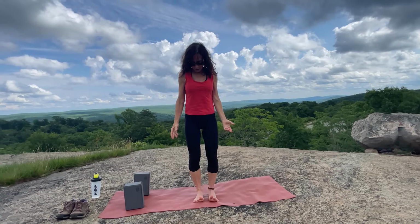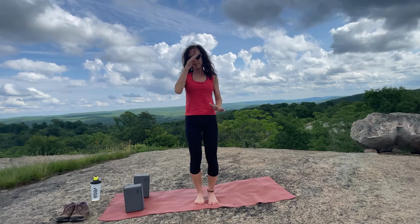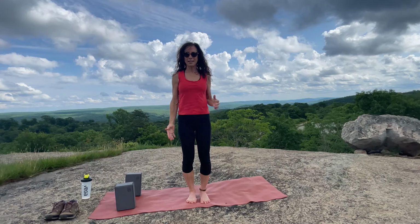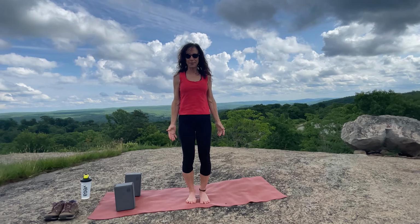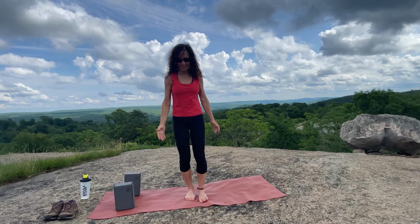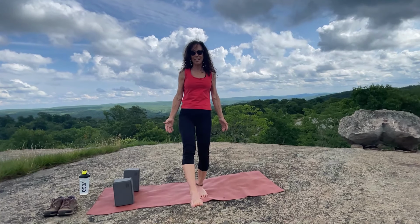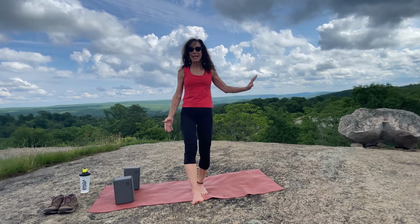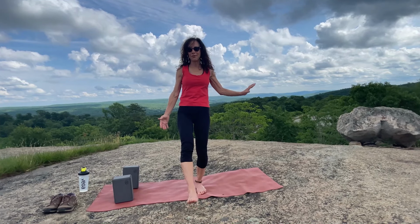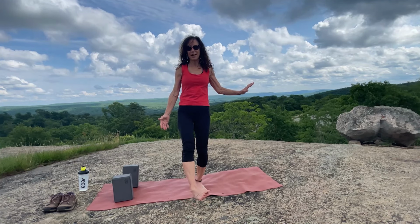Going to pick up our toes and spread them a little bit so that we have a nice secure base. And we're going to do what we did on our backs. We're practicing for standing balance pose. So we're lifting up our right foot. And we're pointing and flexing your right foot. Point and flex. If you want to hold on to a wall, a chair, anything that you may need, perfectly fine. And now we're making circles to the right